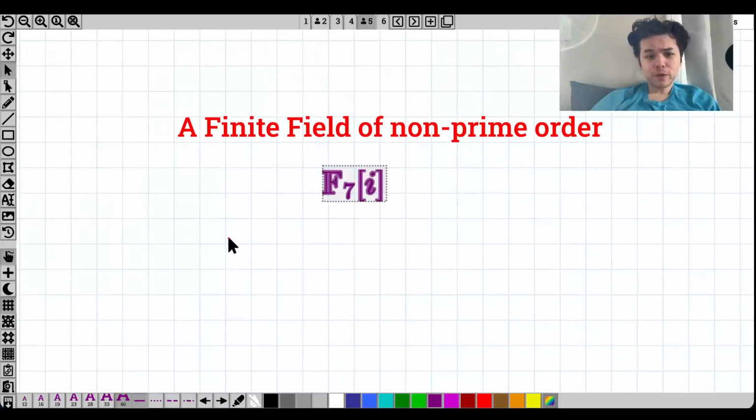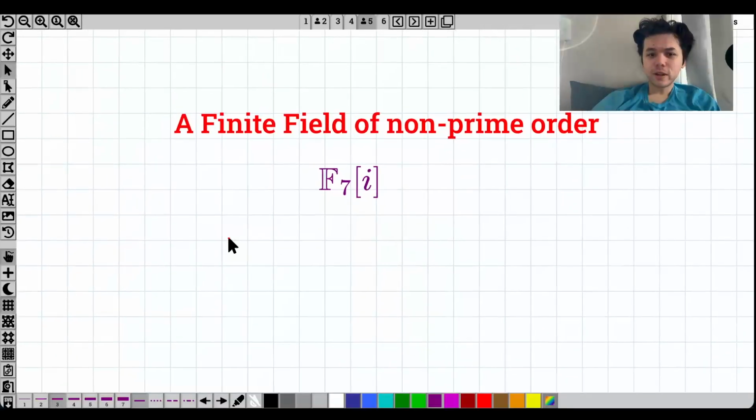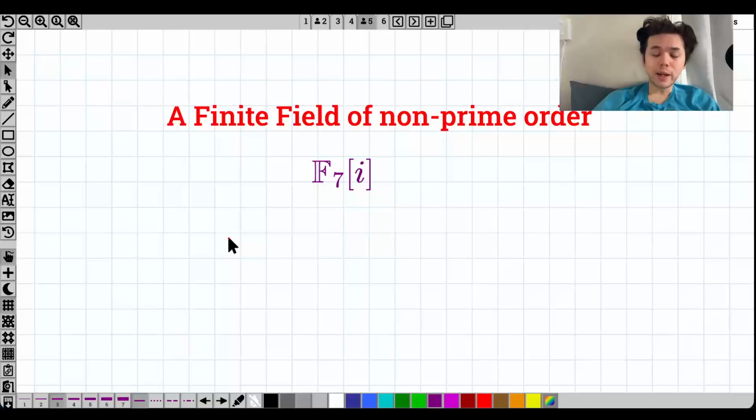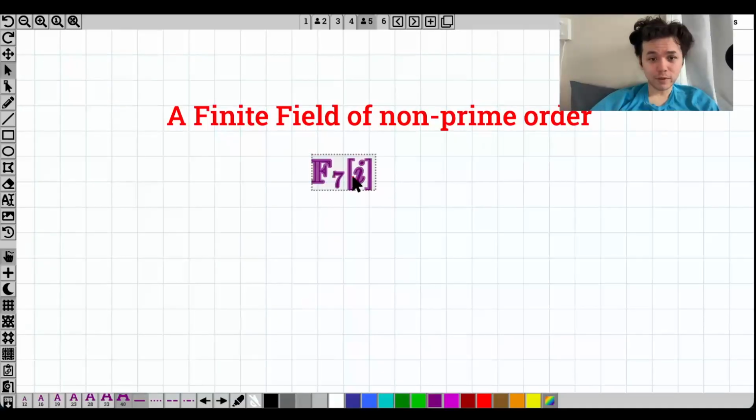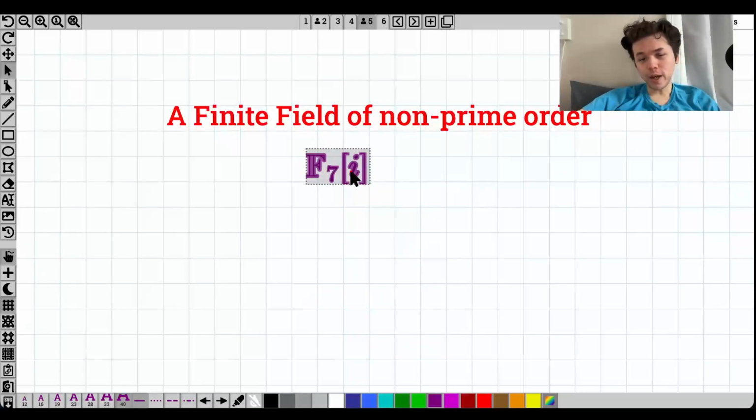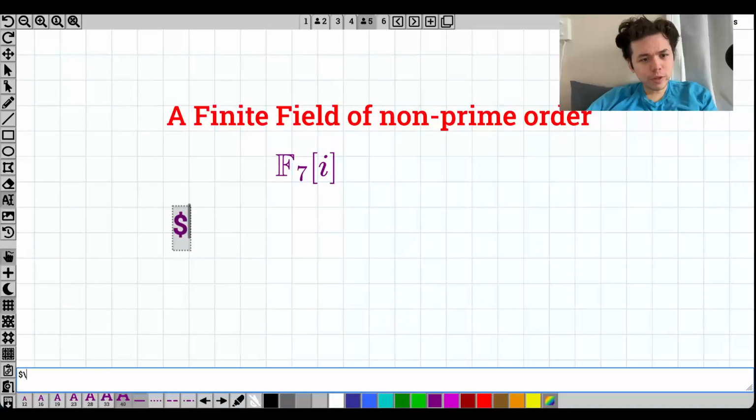From the previous videos, we've already seen that a finite field must have order a prime to some power. And the question was, are there any finite fields of order like p squared? And this wasn't known until, I believe, Évariste Galois started working with these, and he found fields of non-prime order. And we're going to give this example, which I think is a pretty simple, solid example of a finite field of order 49. And what you do is, it's very similar. Like, if you think about our construction,